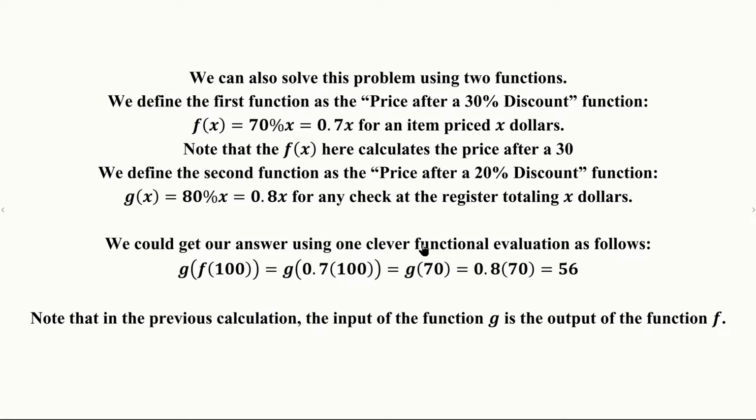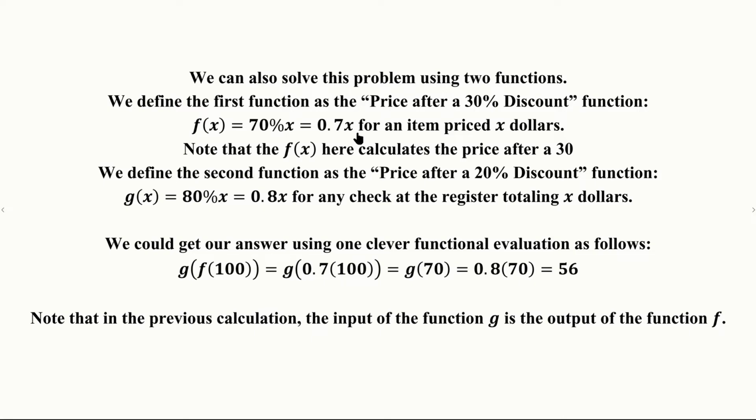Now we could get the answer to the question that we had on the previous page using one clever functional evaluation. Basically, we first apply f to the original price, which was 100, right? Then we apply the function g, which is the 20% off function, to the output of f, right? Notice that the output of f, the first function, becomes the input of the second function. So we get g of, now what is f of 100? Well,